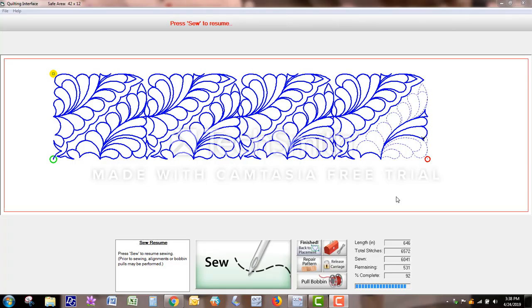Hi, this is a quick video on Quilters Creative Touch software version 4 standard, and I think this will also work in Beginnings. But this will show you how to go back and stitch part of a design, say if your thread breaks or just anything that happens that you've got to go back and stitch part of your design